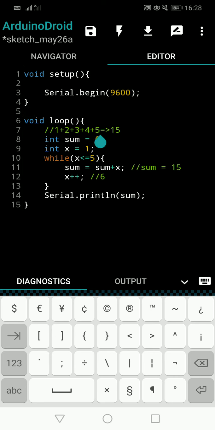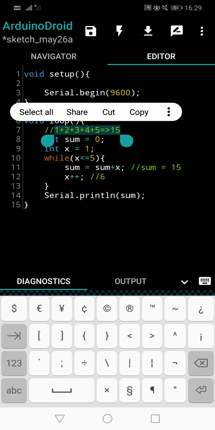So if you want to make it the addition of the numbers 1, 2, 3, 4, 5, 6, 7, 8, 9, 10, what will you do? You will make this value less than or equal to 10 instead of 5, so that the numbers up to 10 will be added. You know how the while loop works. So for the moment you have a full idea of how you can implement this scenario, right? How you can add consecutive numbers as a cumulative sum using a while loop, right?